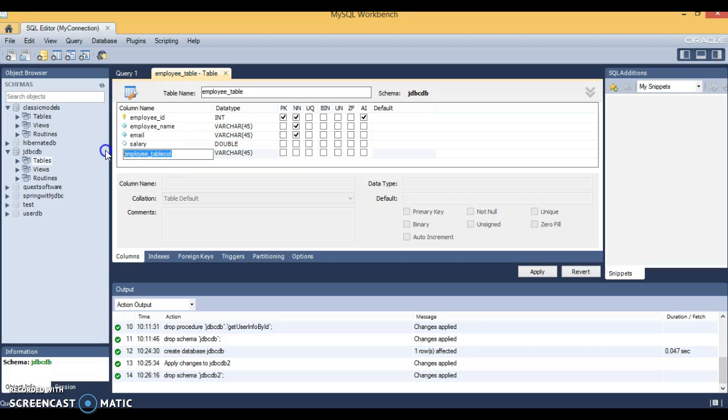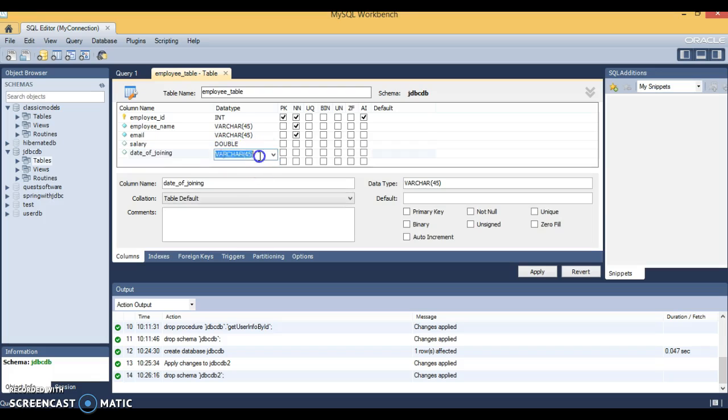Now next I'm going to add DOJ, date of joining, or directly you can write date of joining, and then I'm going to select the data type.